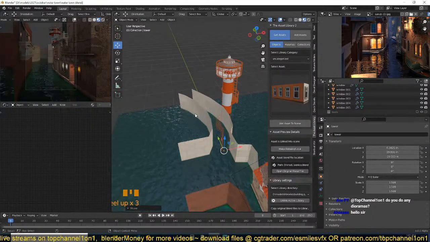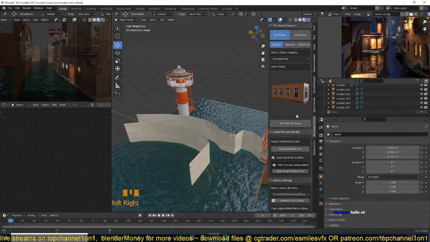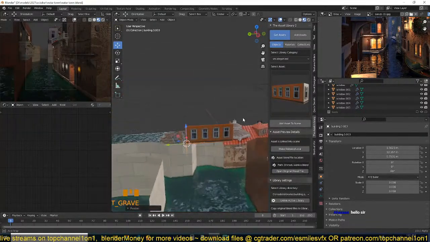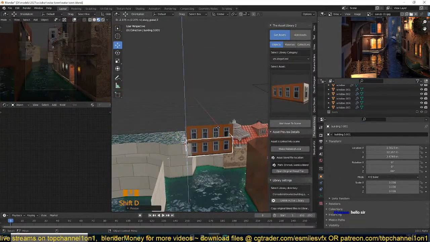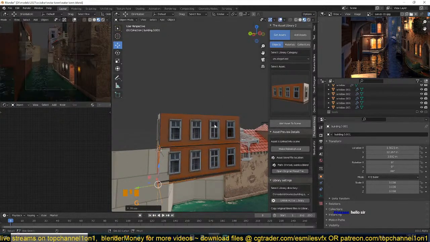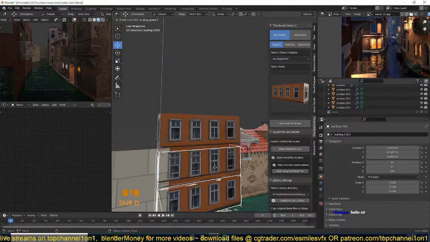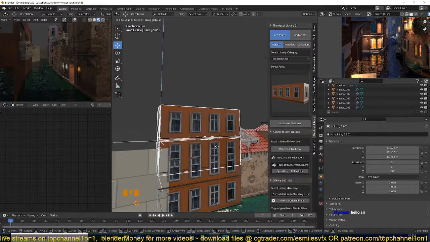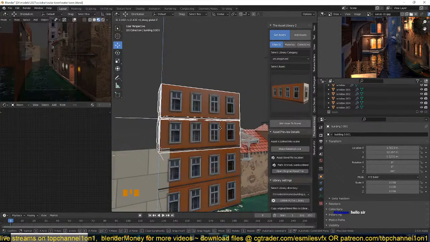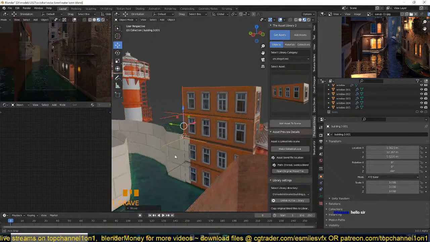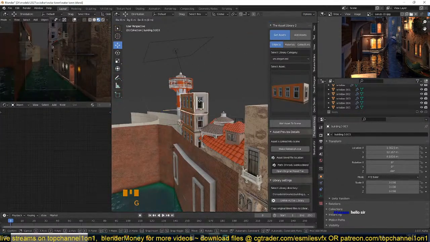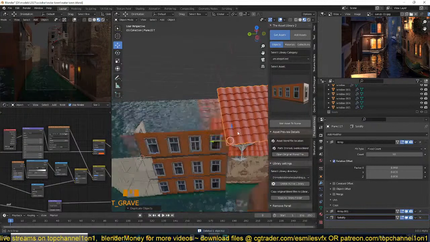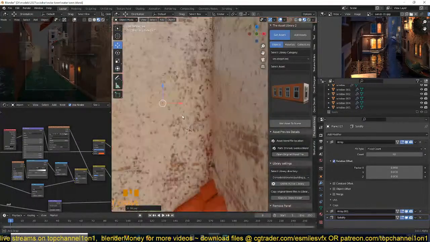Also have this. This is a piece we created in the Venice video. It's always nice to reuse things so that you don't have to create things from scratch. Okay, this is too tall, and we have a roof. We can add on